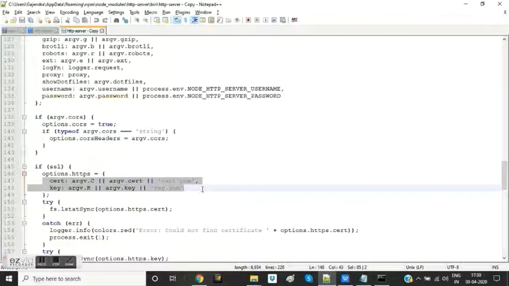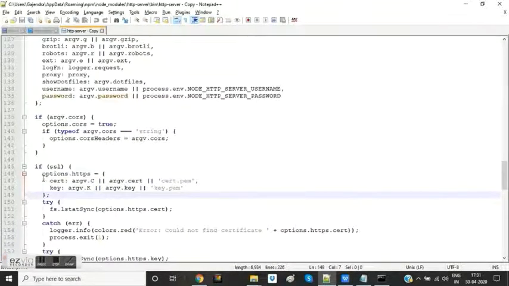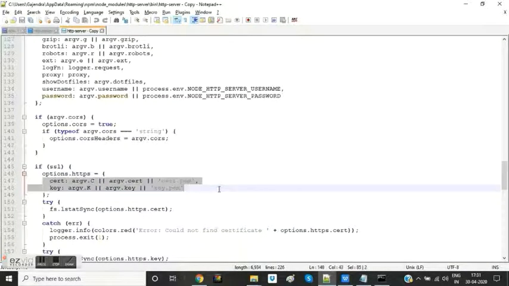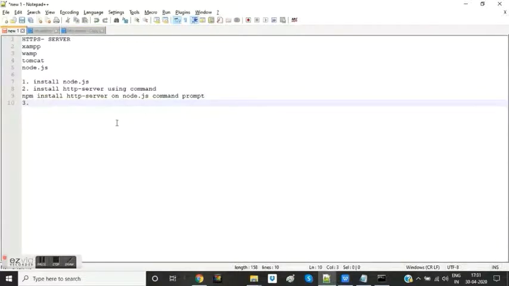Okay, this is going to be in your file when you install it. Lines number 147 and 148: argv cert.pem, key.pem. What it means is that if you have set an SSL certificate on your machine by the name of cert.pem and key.pem, you can start your HTTP server in HTTPS mode. Now we are going to see how we can create our certificate file.